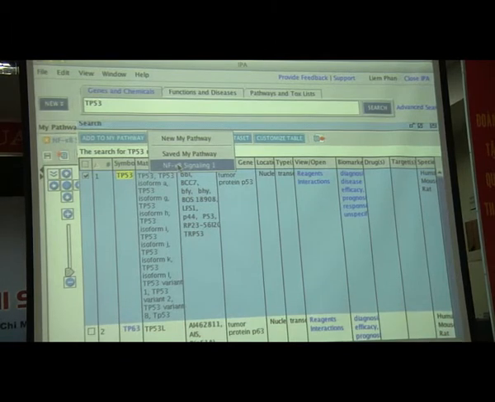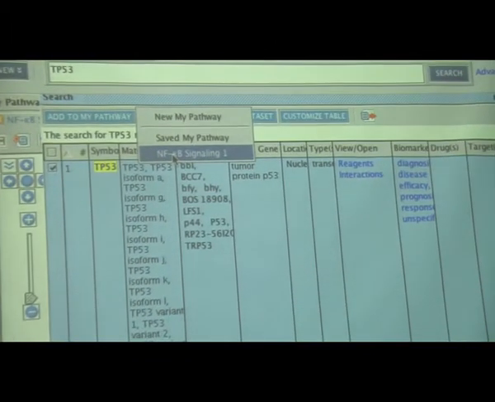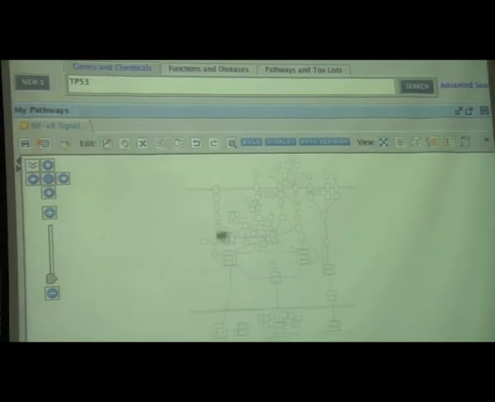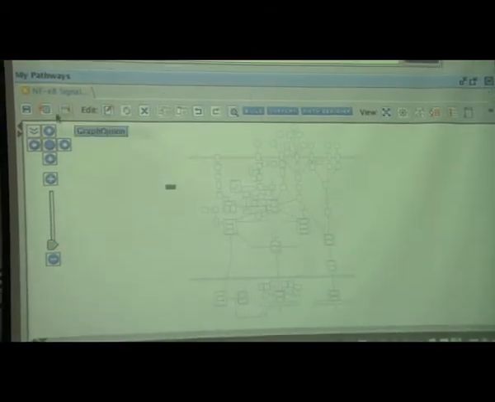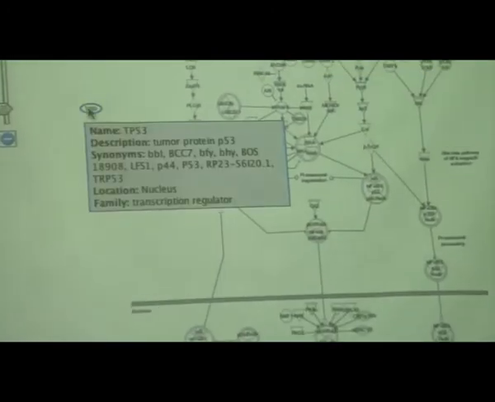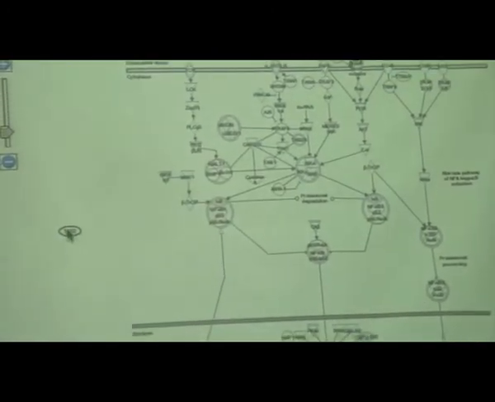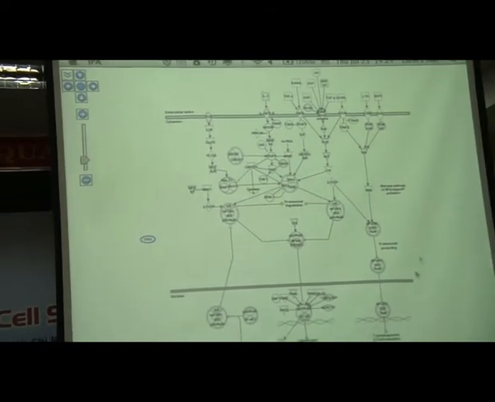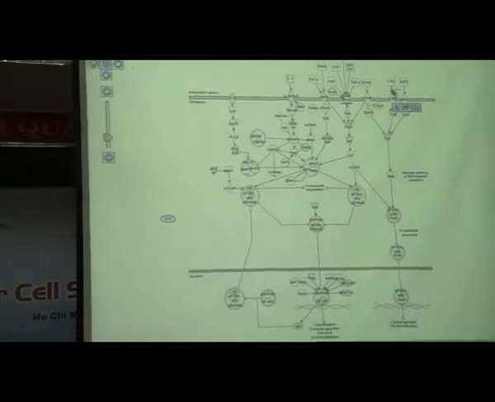Okay, for the NF-kappa-B signaling pathway, this is right here. So now it is right here. Okay. And if I would like to know how p53 can affect all the genes in this NF-kappa-B pathway, I will use